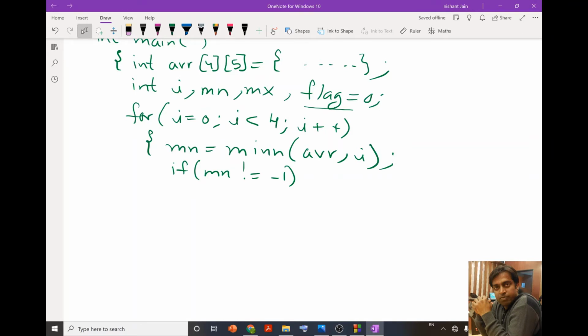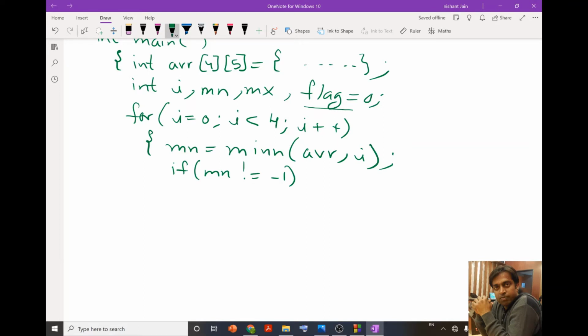Meaning there may be a chance that the minimum value in the row is present at two locations, meaning two values are minimum. So in that case, we do not have a saddle point in that particular row. So if this is the case, we do not need to identify whether that particular value is maximum or not. Straight away we will conclude that that particular row does not have a saddle point.